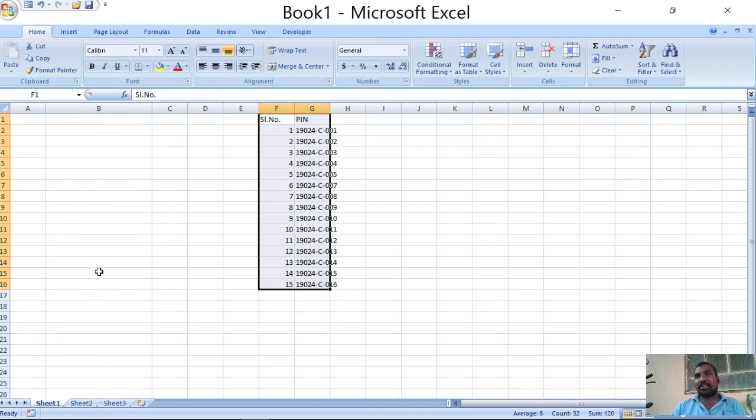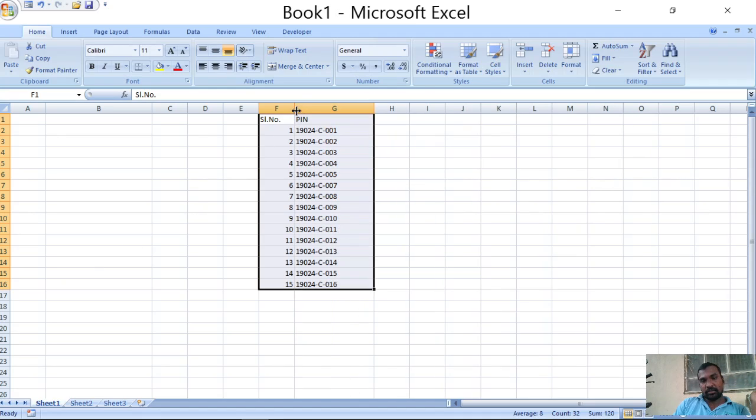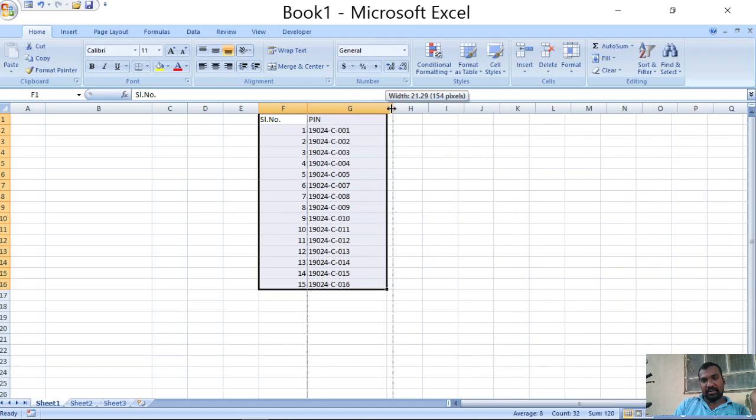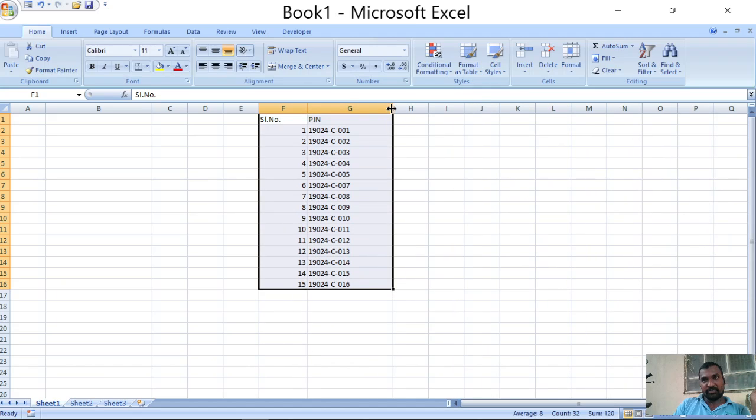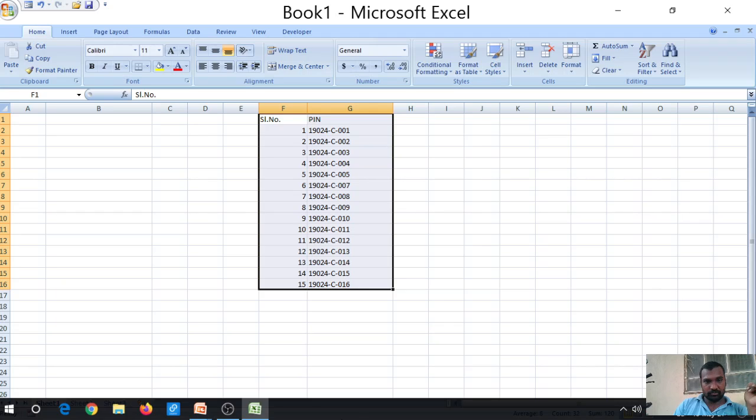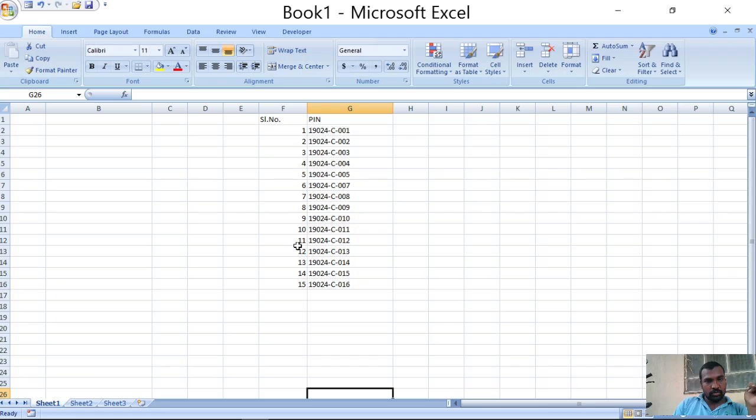The original content of the cells is erased and placed in the new area, on the new cells where we have selected. So this is about cut paste and copy paste operations. We already discussed drag and drop, and now we have discussed the cut, copy, paste operations.